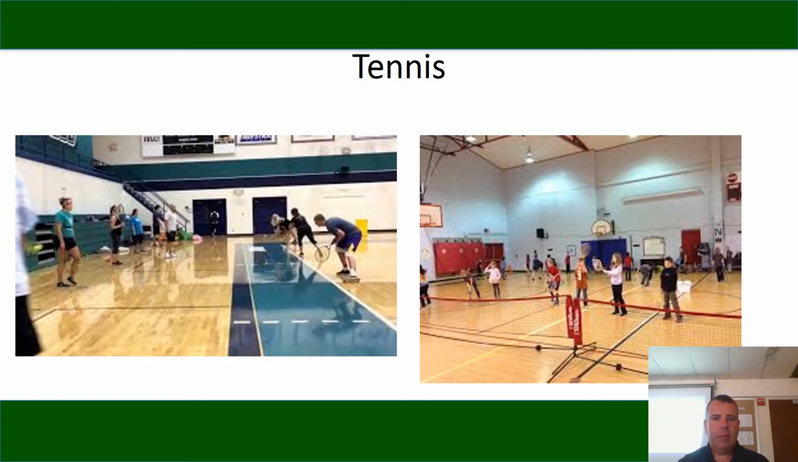Tennis. Here's another example. See, they're just playing over a line. Here, they're not even using the net. They're just practicing hitting without the net, which is okay. You don't always need all the equipment. In a perfect world, yeah, it's great. But